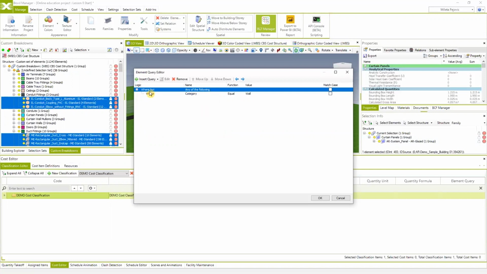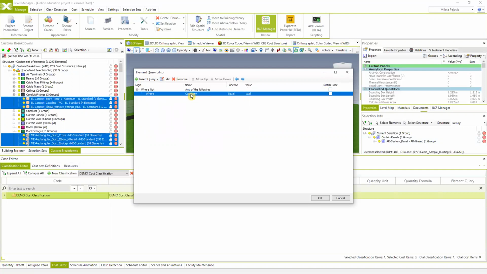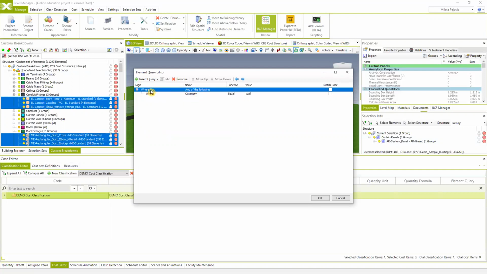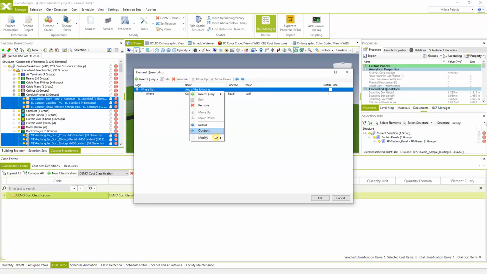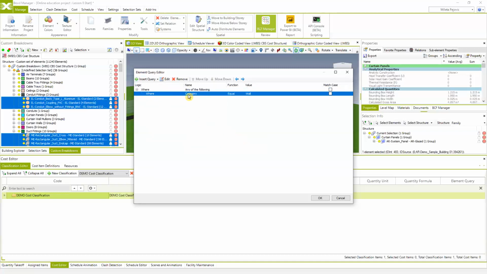In this case, if I hit OK, the system will include all elements except the category of walls, because we said all the elements which are not the category of wall. Again, I'm going to use the option negate again, and then all the elements which are in the category of wall will be applicable for this cost classification. So if I hit OK